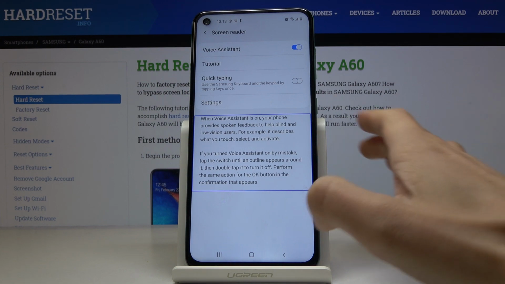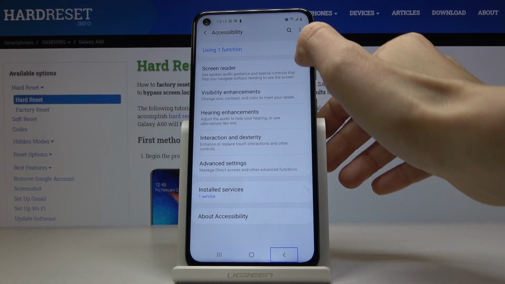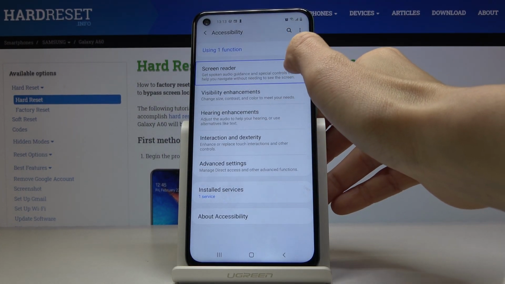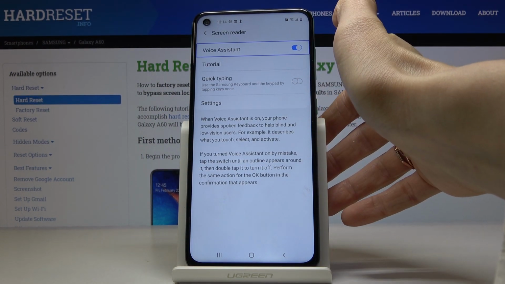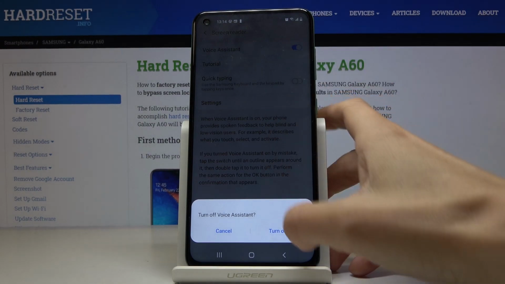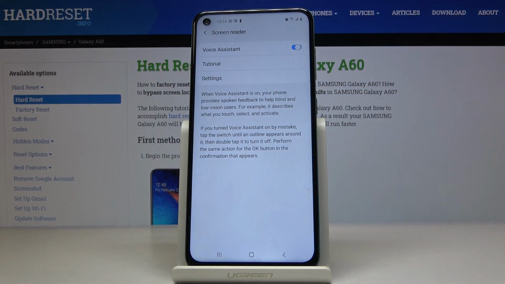So basically all you have to do is to mark some particular button, double tap to select it, and if you'd like to switch it off, just select screen reader, double tap, select the voice assistant and double tap to turn it off. And confirm that you'd like to switch it off by tapping on turn off. And this is it. That would be all, so you can activate, use and